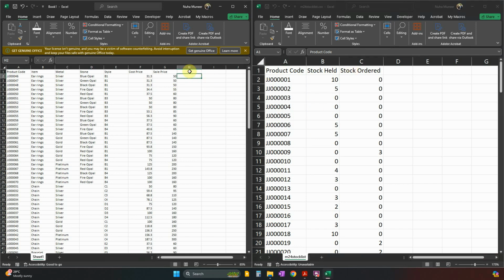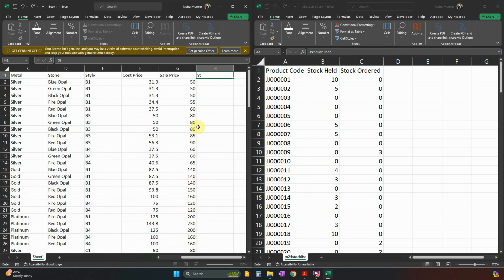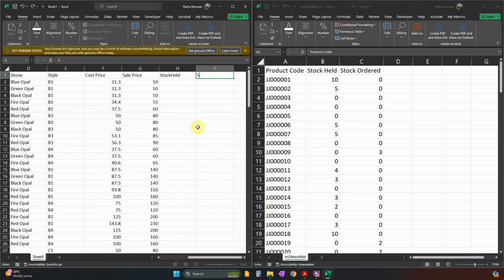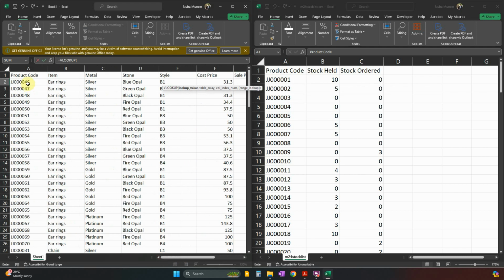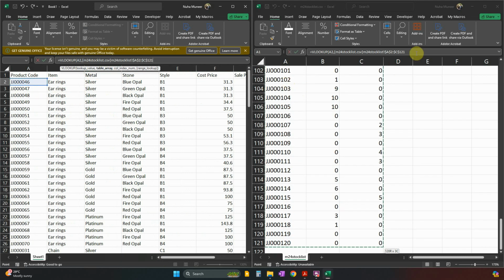So I'm going to name this stock held without spaces or any space, and stock ordered. Okay, stock held, we're going to use right now VLOOKUP. The value will come from here because this is the value we need to depend on. The table array will be from here. So Control Shift right arrow down arrow to copy the whole array,